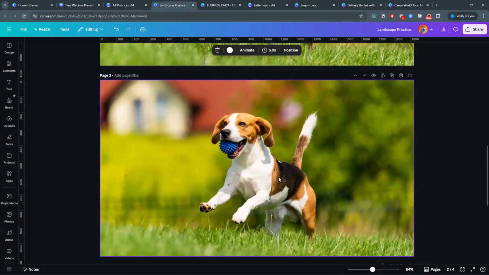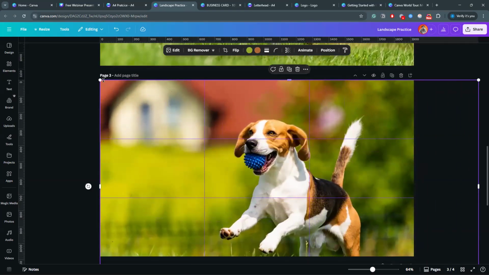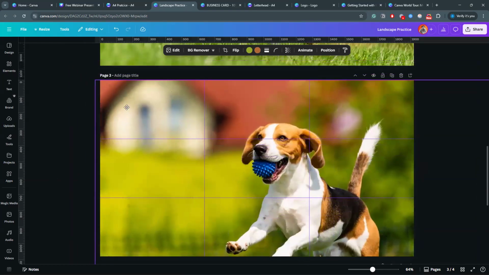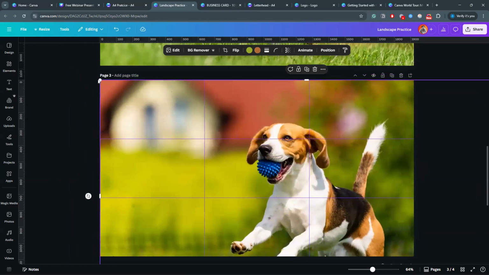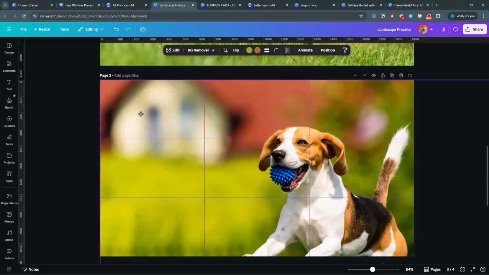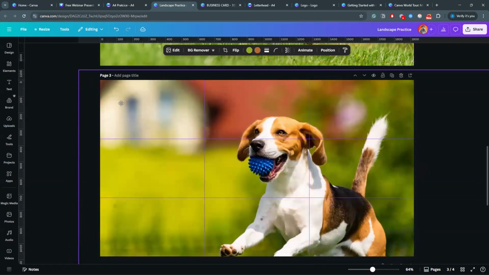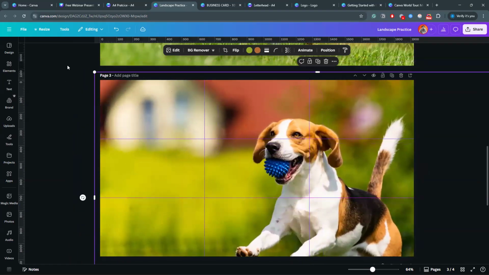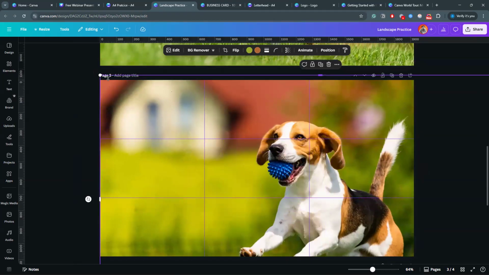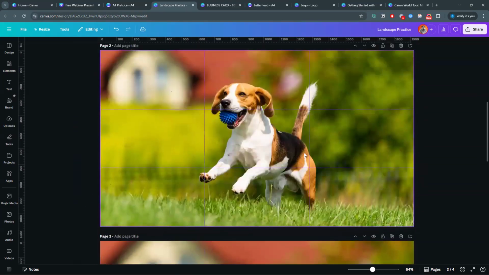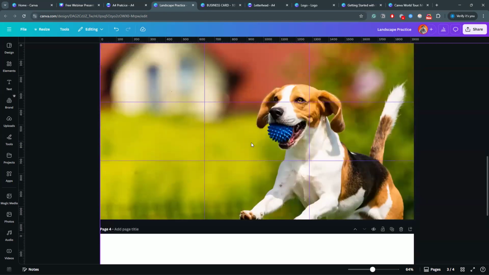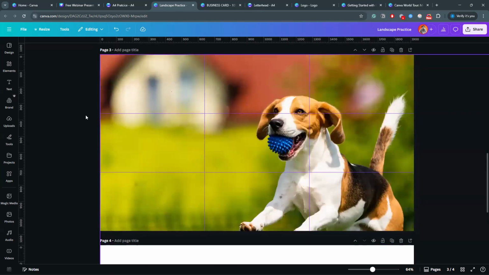I will duplicate. Just a minute. See, by placing this subject in the rule of thirds, first of all, it is looking more cinematic.